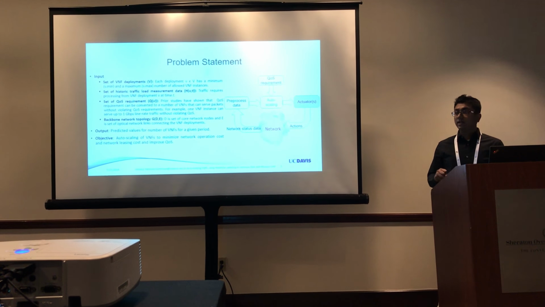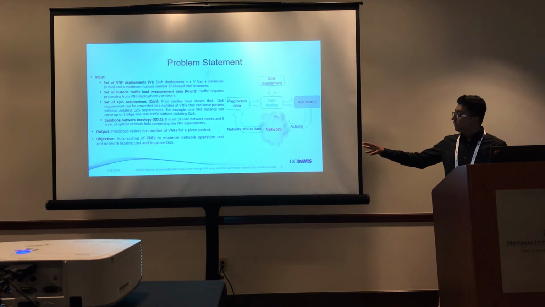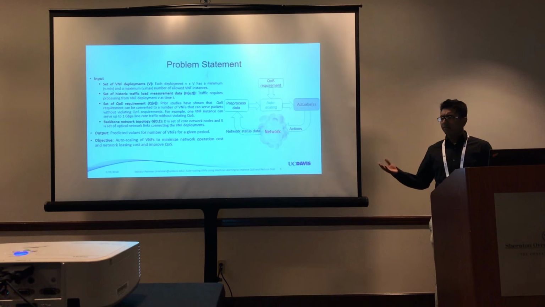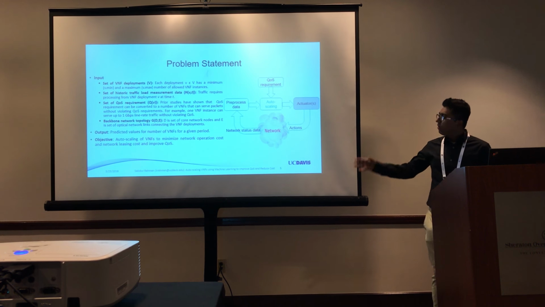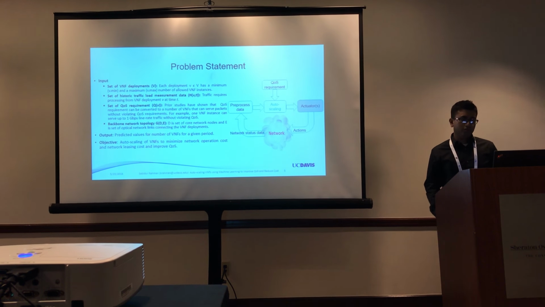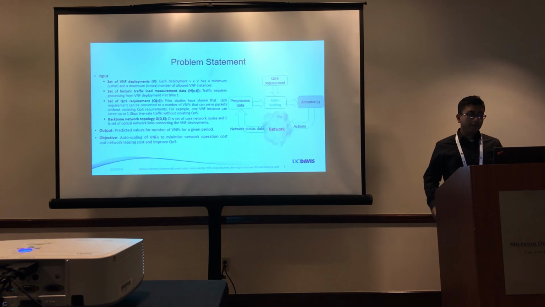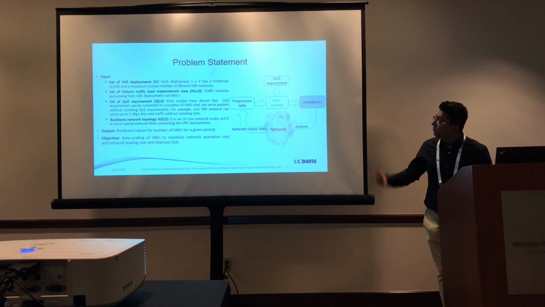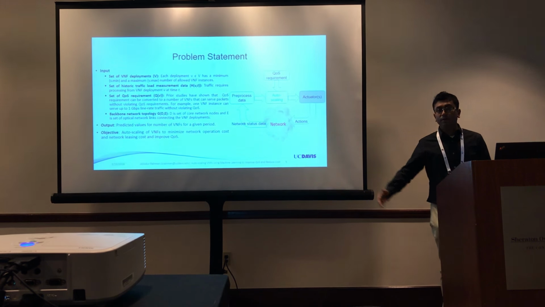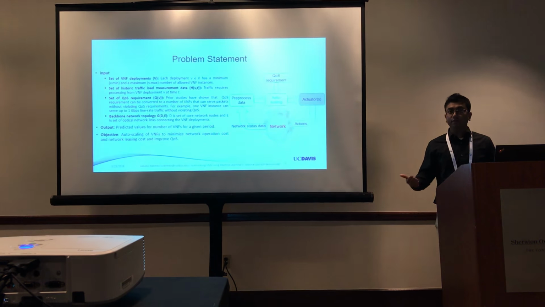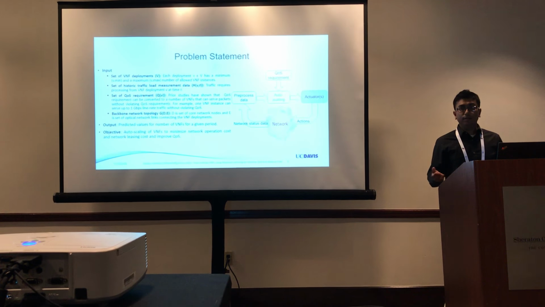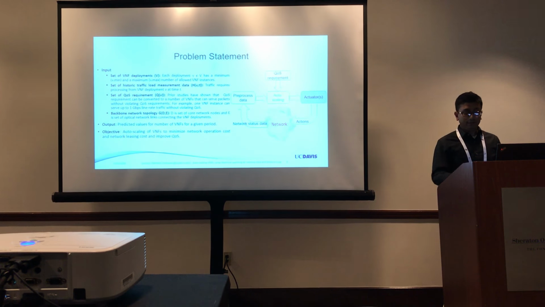In our study, we are assuming that the network manager will use some management platform, let's say AT&T's ECOMP, to do the actuator part. Our focus is on auto-scaling algorithms and methods that can learn from the traffic data and make decisions. For that, we need historic traffic measurements, and the output would be, for a given future period, the minimum number of resources that is good enough for the QoS. The objective is, of course, to save money and improve QoS at the same time.